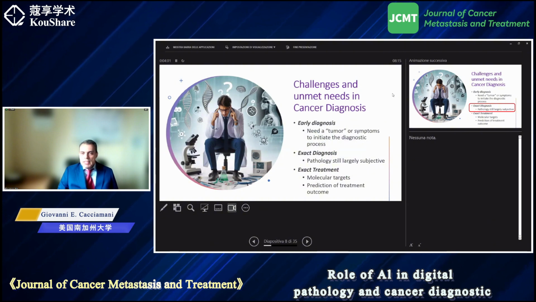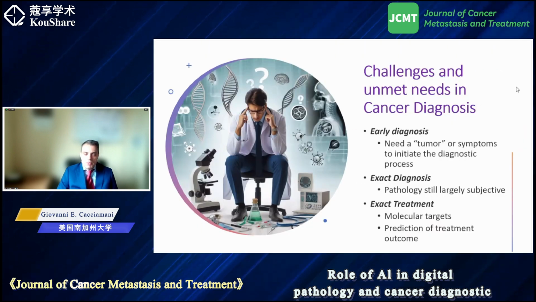But what are really the challenges and unmet needs in cancer diagnostic? I believe that during the last century, the last 50 years, tremendous improvements have been made in cancer diagnostic and treatment. However, we should still remember that roughly 50% of our patients with cancer still die of their disease. So of course, the unmet needs are